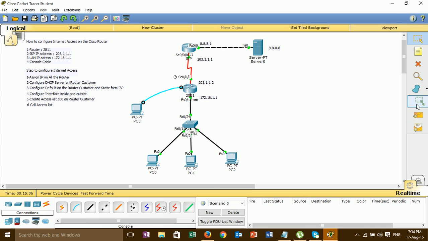Then we go to the final step, step 7, testing and verify.